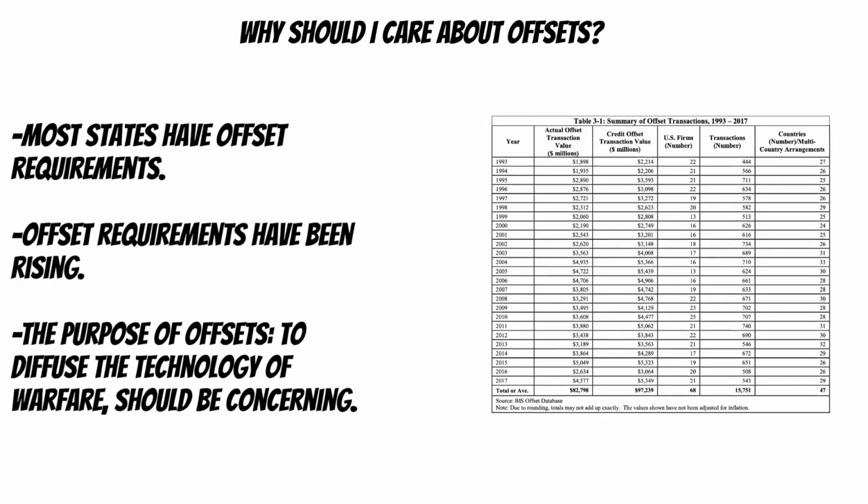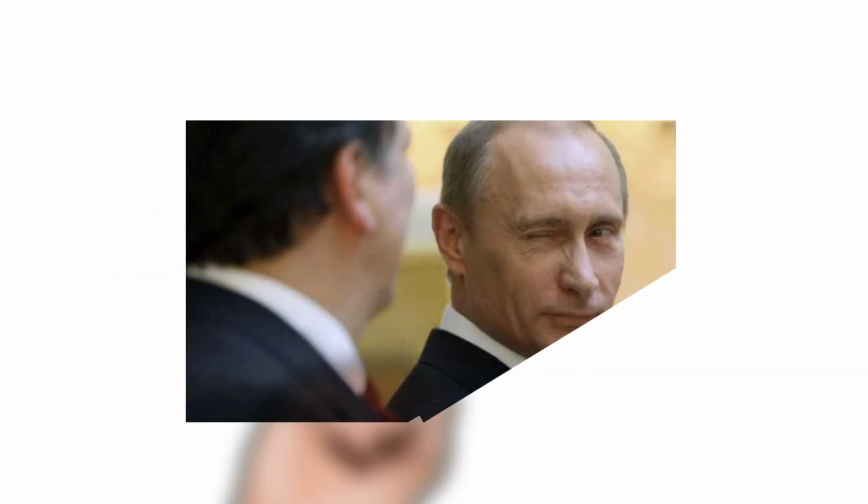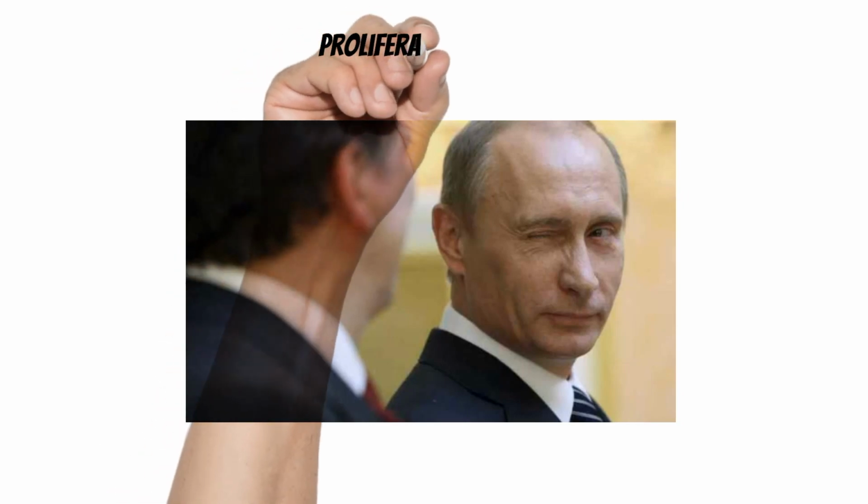And probably one of the more important reasons why you should care, even if you aren't taking my class, is because the purpose of offsets is usually to diffuse the technology of warfare, which probably should be concerning for you. In certain types of offsets, we transfer how to build certain pieces of arms. So other states will learn how to build arms, and you could have a proliferation problem. That's probably why you should care. Now, that being said, the United States really doesn't have too much of an issue. We're very careful on the technology that we share, but not very many other countries are. I'm, again, kind of looking at you, Russia. You tend to let people build whatever they want, as long as they'll spend enough money. But anyway,